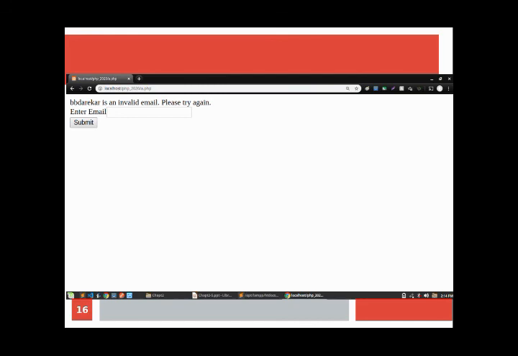So the output will be BB Darekar is an invalid email, please try again. And when you write a valid email, suppose bbdarekar, that means small letters, the @ symbol, Gmail, again dot and com. So bbdarekar@gmail.com. If we write it validly according to the syntax, then it will display bbdarekar@gmail.com is a valid email, we can accept it.